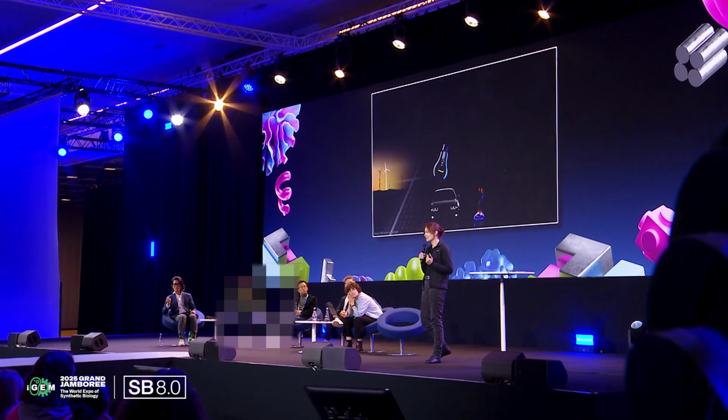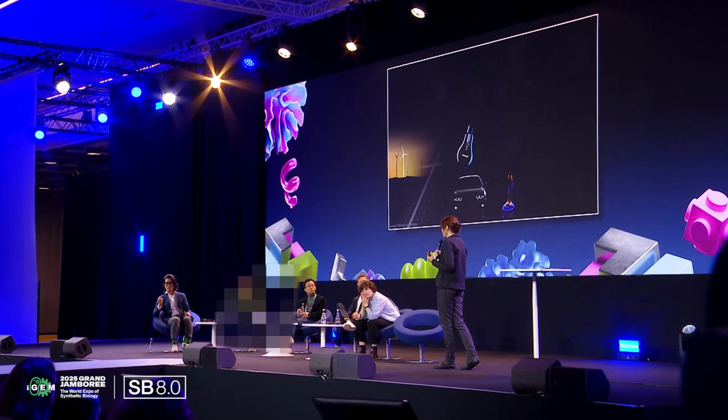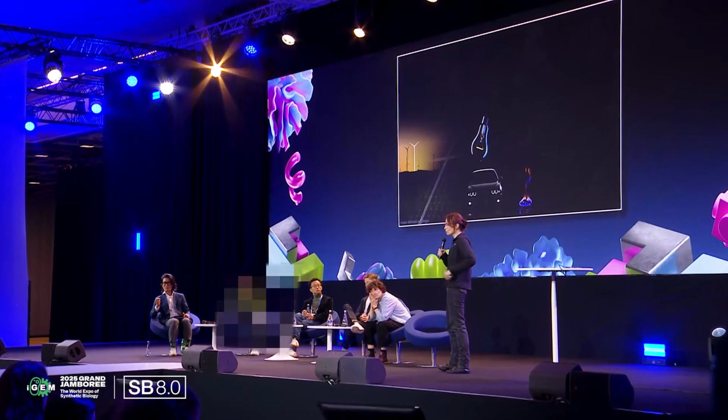So we have those amazing renewable energy sources. The problem with renewable energy sources is that that's exactly what it says on the box. It's a renewable energy source, not a renewable chemical source. We do not have right now the way to replace all of the petrochemicals that we are getting from oil. We do not have it at scale, but we know how to do it. We know what we need.